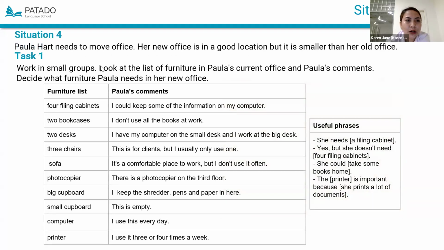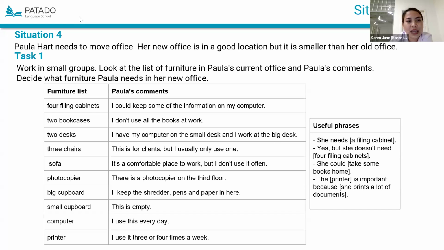Say for example that you are helping Paula Hart move to a new office. Her new office is in a good location, but it is smaller than her old office. So now you have to look at the list of furniture in Paula's current office and Paula's comments and decide what furniture Paula needs in her new office.